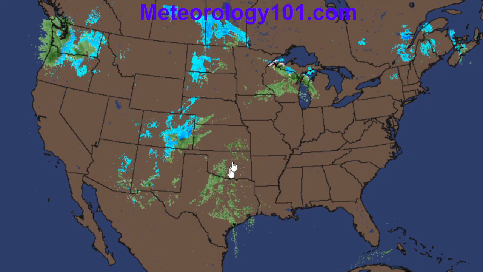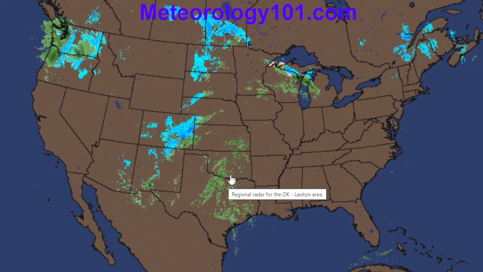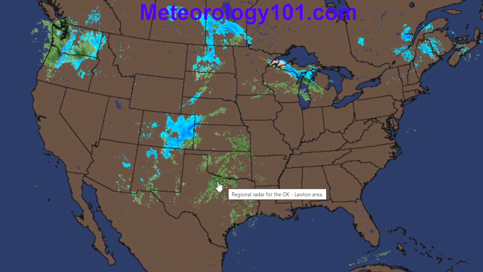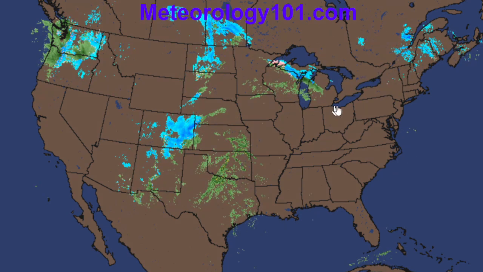All right, so this is Intellicast.com. This shows the different types of precipitation. You can see snowfall in the upper elevations of Colorado, and then we have, looks like just some rain showers, maybe some small areas of convection throughout northern Texas into Oklahoma. There's just some isolated areas of convection there, and then you get your snow over the Great Lakes region,